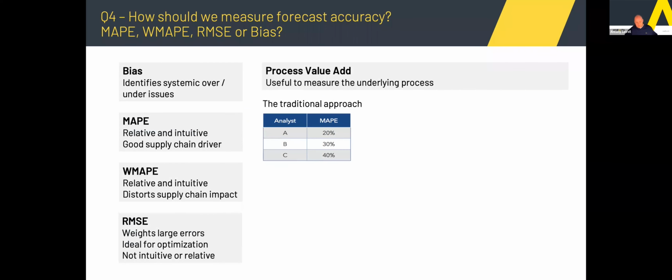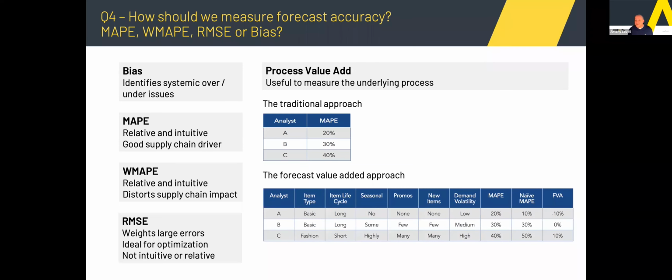So Emel, I think question number 4 is for you, as this is your table, and I'll bring it up for you there. Thank you very much. So how should we measure forecast accuracy? Should it be MAPE, WMAPE, RMSE, bias, with lots of these measures going around? So which is the true measure of forecast accuracy we should be using?